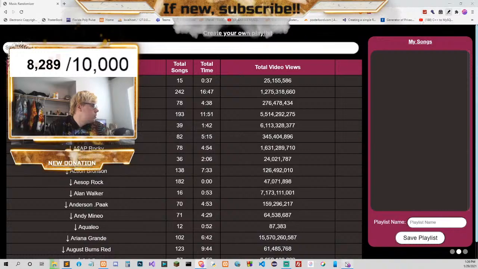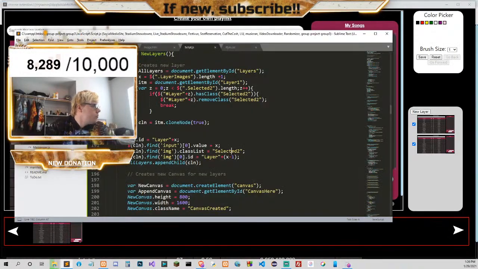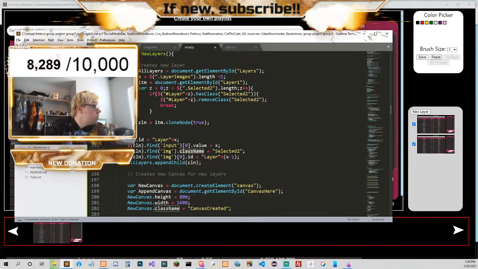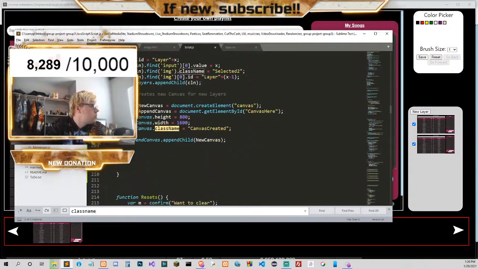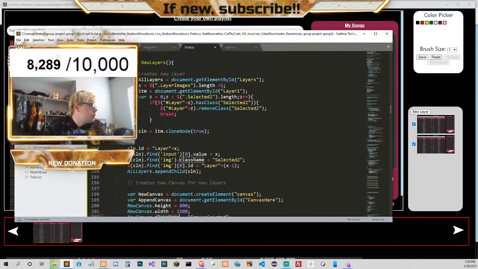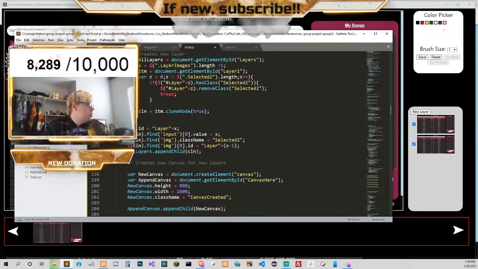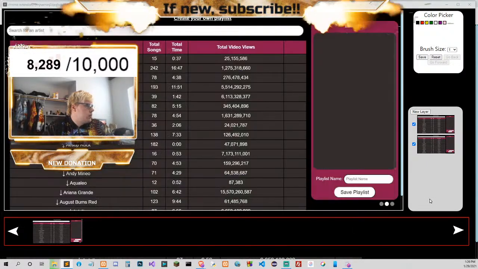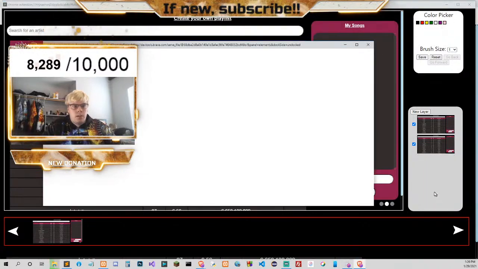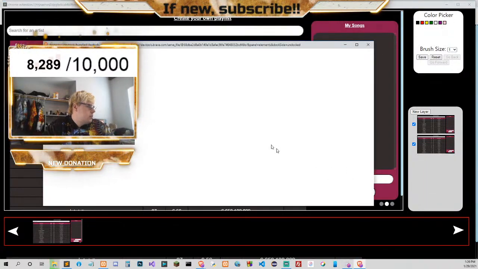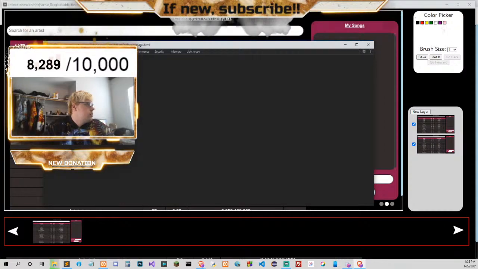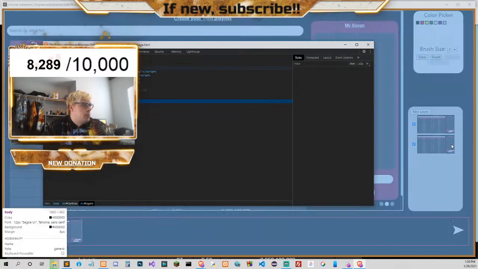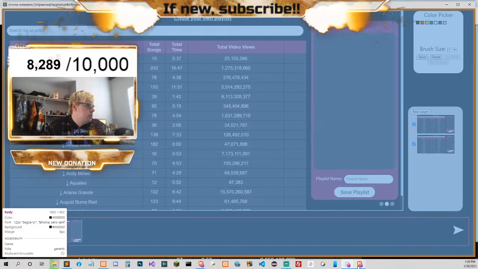What? Yeah, so it is className. image.className equals selected. Let me check why it doesn't do that, because I want people to know that it's selected.